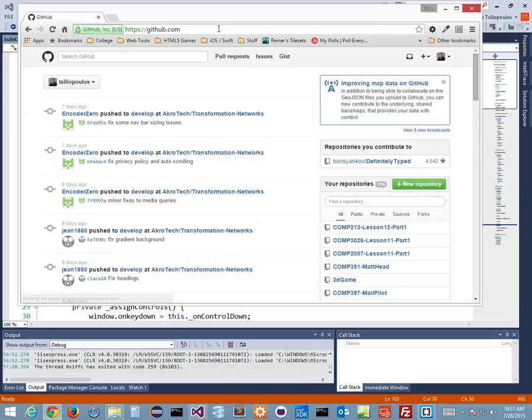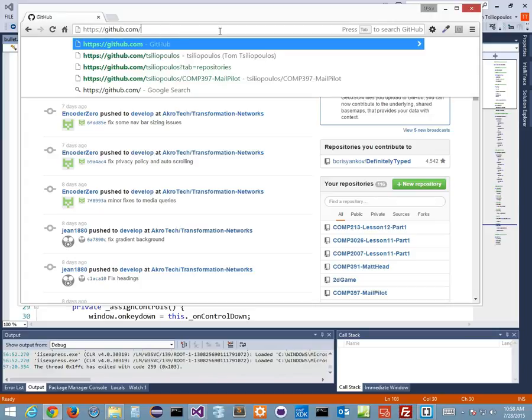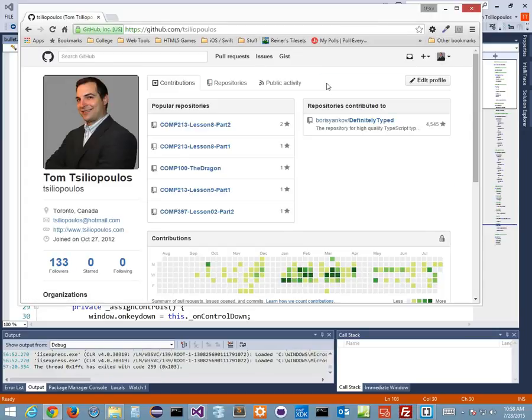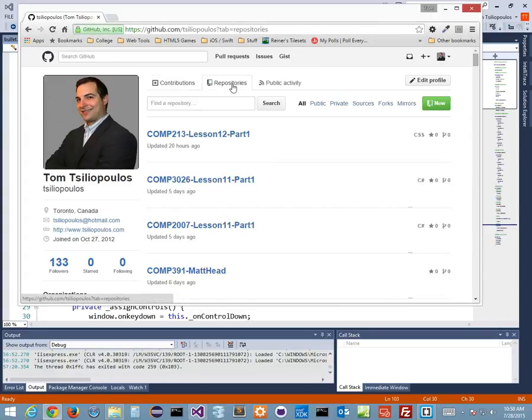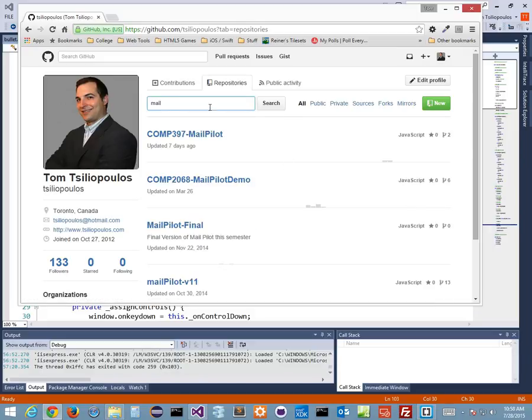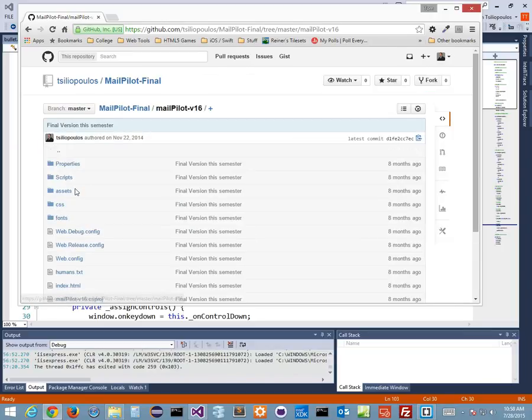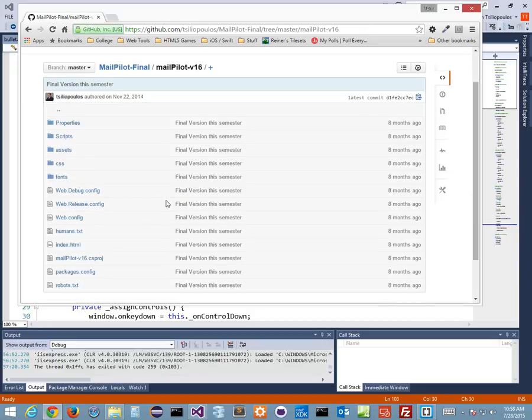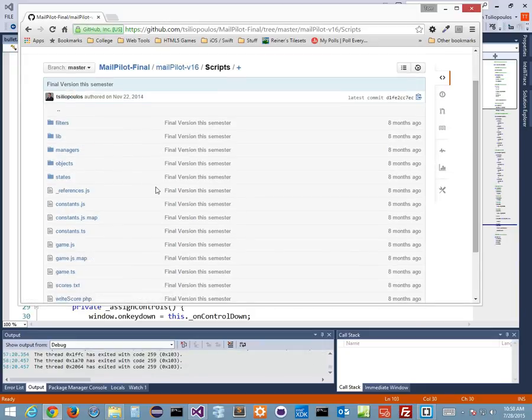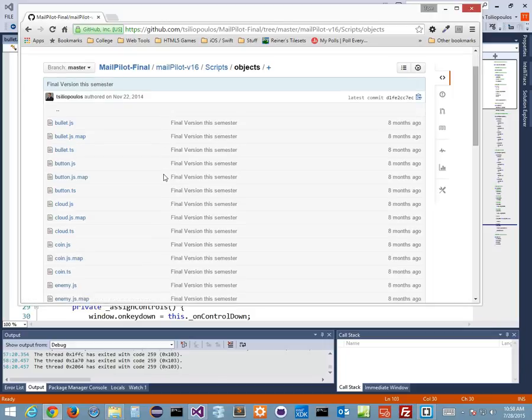If I go to github.com for you guys to find it, if you wanted to try this on your own, and if I go to me, and if you look at repositories, there's a couple of things I've done. If I go to mail pilots, right, there's two. There's final. If I go to mail pilot final, I actually have a bullet class in there. I also have it in the Starbase 12 files here as well. But let's go to scripts, and if you look at objects, let's look at our bullet, how I did it